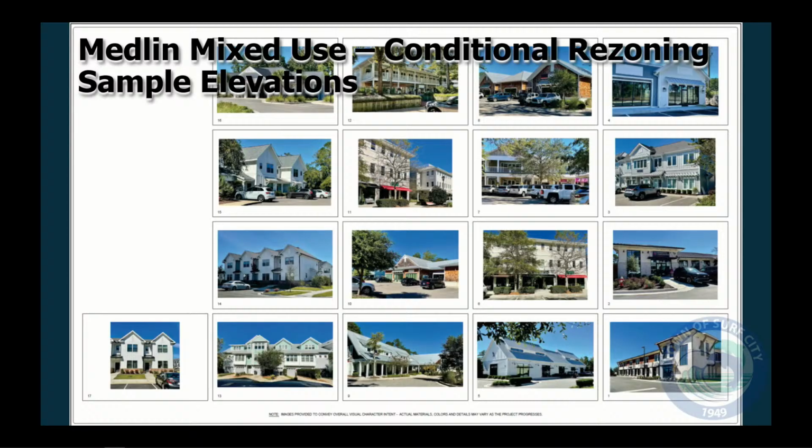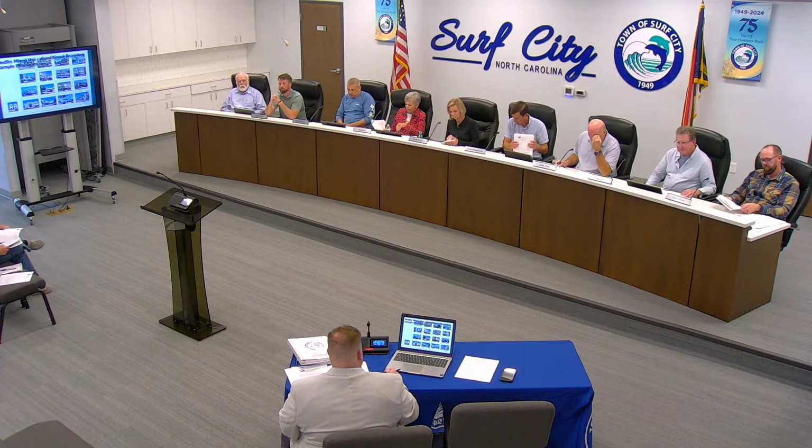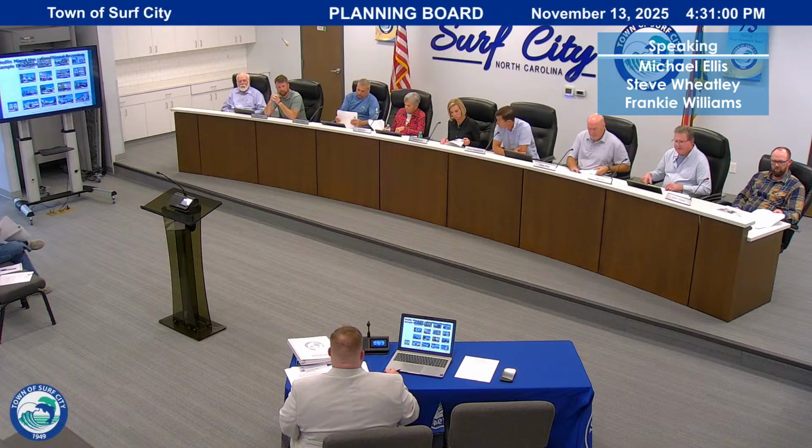With all this said, staff is recommending approval of this request with policies 3.2A, 3.2K, 4.1A, 4.1Q, 5.1B, 5.1I, 5.1J, all supporting this request, and again, will be tied to those conditions that they've mentioned, as well as the master plan, as any conditional zoning would be. With all that said, staff and representatives of the applicant and the applicant stand ready to answer any questions that the board may have. You said this was a phased master plan?